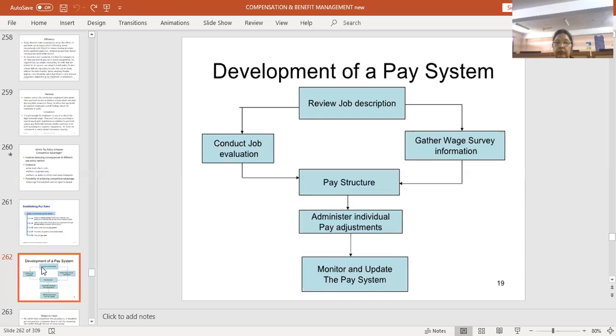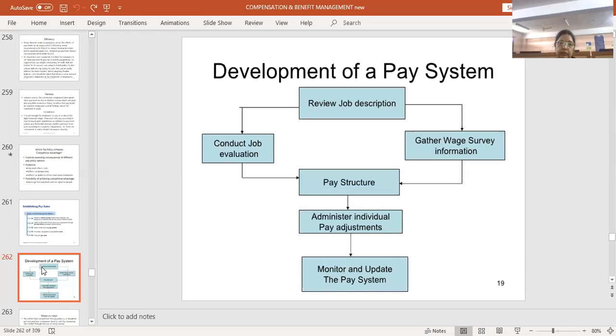Then you do a wage survey outside the organization, a wage survey on all the other competitors, the other employers, how much they are paying for the similar jobs that you are paying for. You find out through the wage survey. Then you build your pay structure, you decide the pay level and pay mix for each job. Then for individual pay, you will make some adjustments depending on their skills. They may have specialized skills or a specialized qualification. So depending on that, you will make a small variation in individual pay, and then you keep monitoring and updating